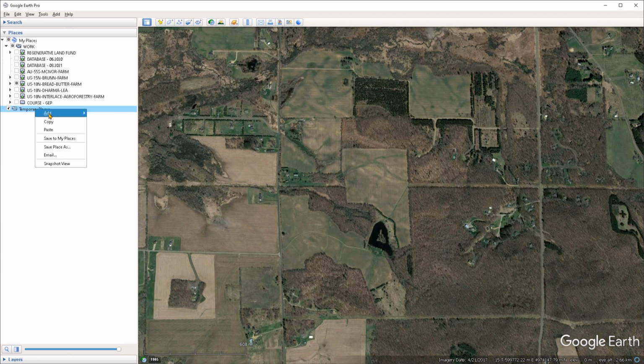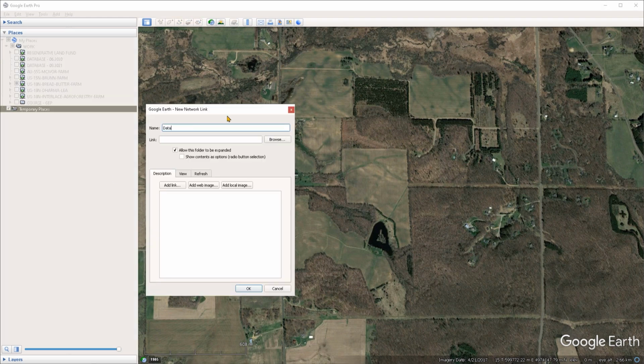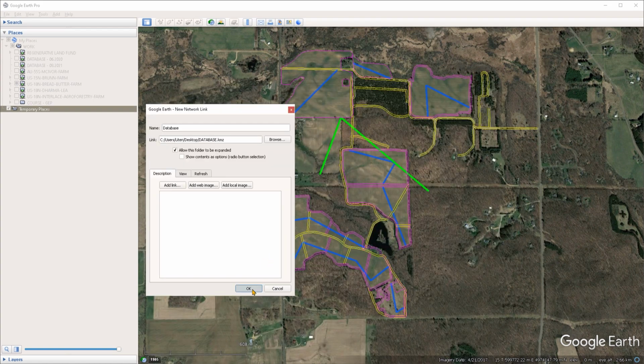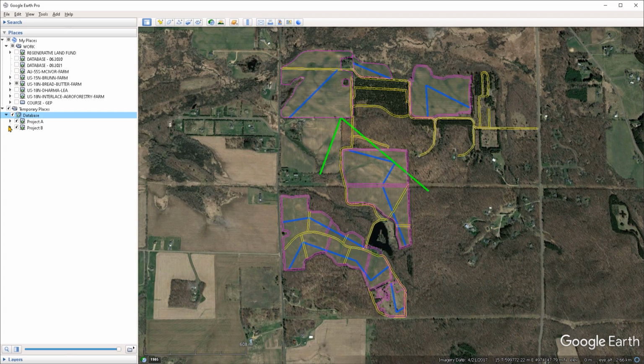So I'm going to right-click on temporary places, go under Add, choose Network Link, and call this database. And go under Browse and choose the database KMZ and click on Open and OK. Now if I expand this database, we can see that it is a network link and it contains a couple of network links to each of the projects that we exported out